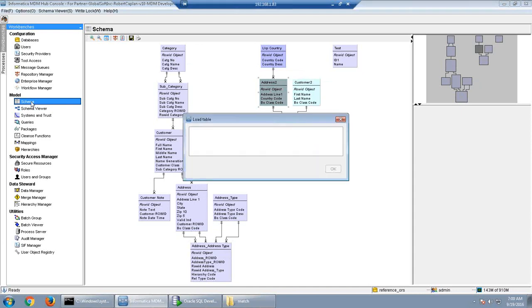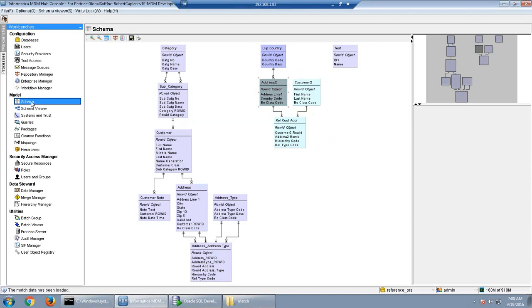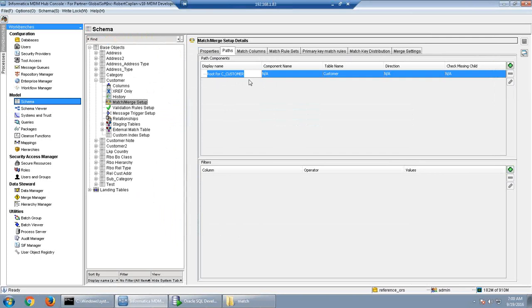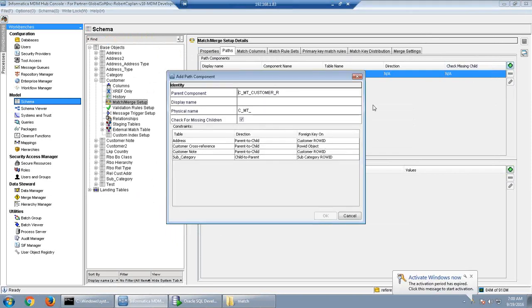Now if you go to the schemas and click on the match path, whenever we come here, it will show root for the base object name. If you click on this add button, it will show me 3 tables. You can see address, customer note, and subcategory. 3 base objects it is displaying here.